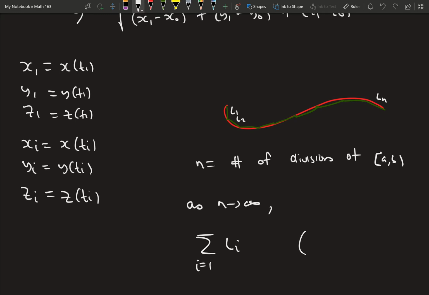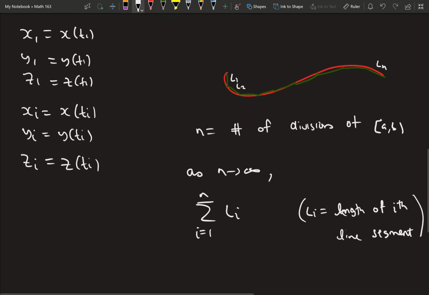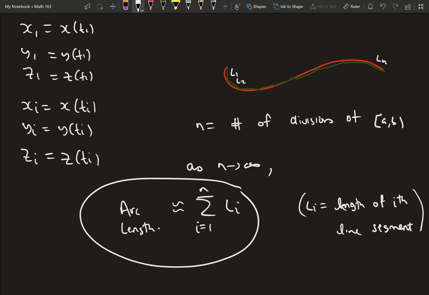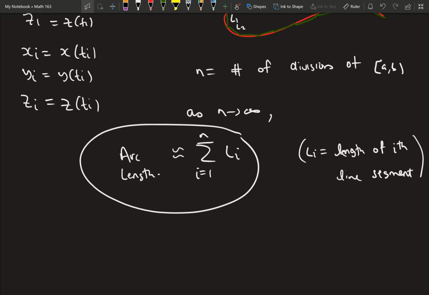So this sum, where again L sub i is the length of the ith line segment, if we compute the sum of these, then this is approximately the arc length. And this is the key fact to note. So let's just rewrite what this is. So the arc length then